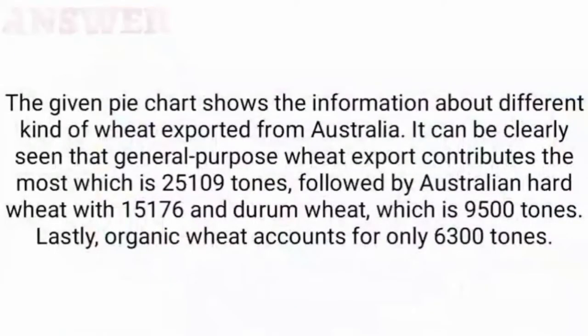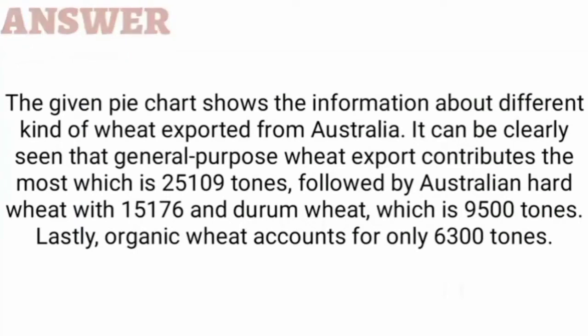The given pie chart shows the information about different kinds of wheat exported from Australia. It can be clearly seen that general purpose wheat export contributes the most, which is 25,109 tonnes, followed by Australian hard wheat with